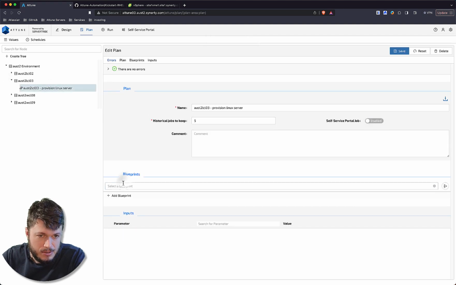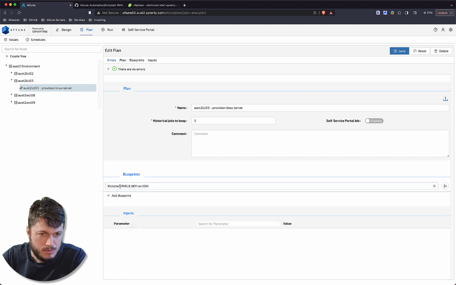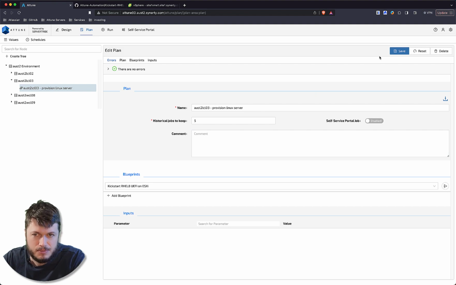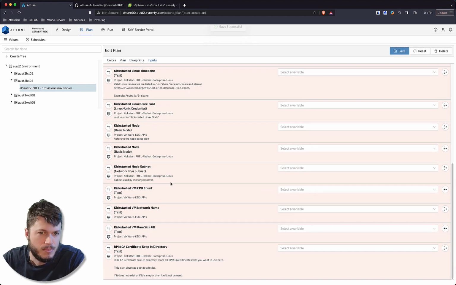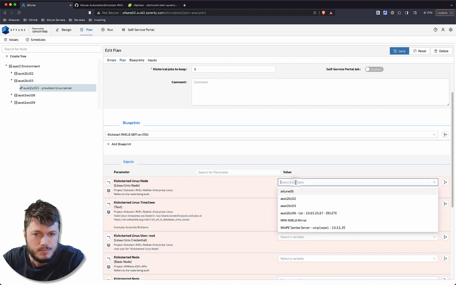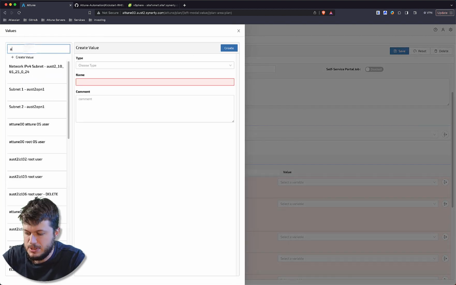In that plan, the blueprint we want to use, there we go, that's the project we just cloned before. So you want to kickstart RHEL8 with UEFI boot on ESXi. I'll save that, and this will populate all the parameters we need to fill in. These are values I've already created. If we click on values in the top left, we can see in here